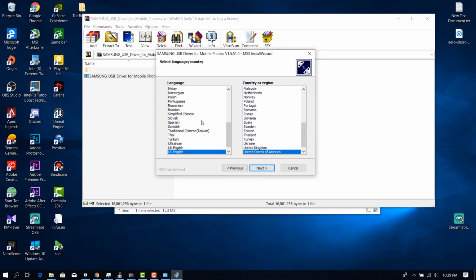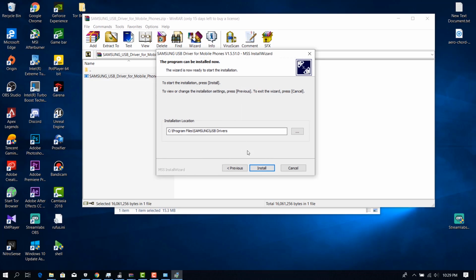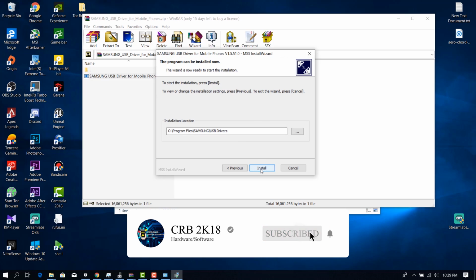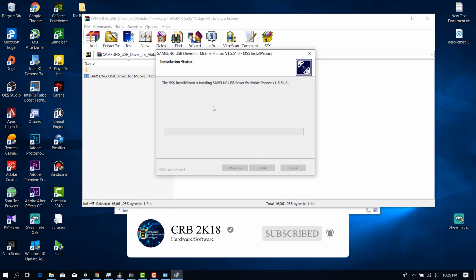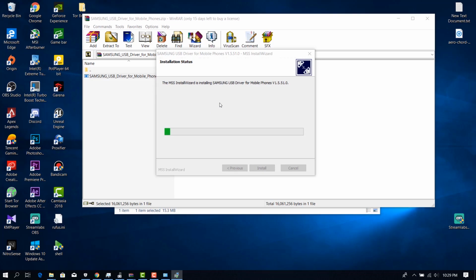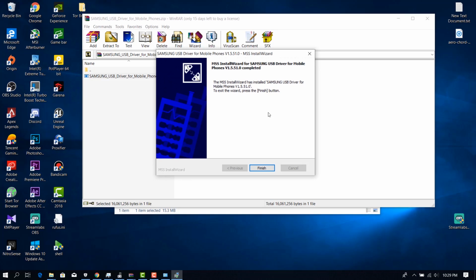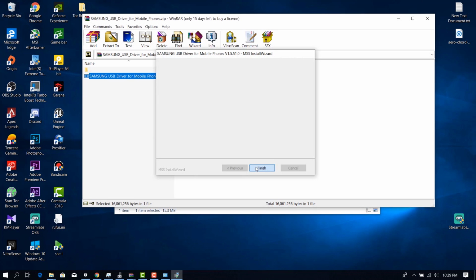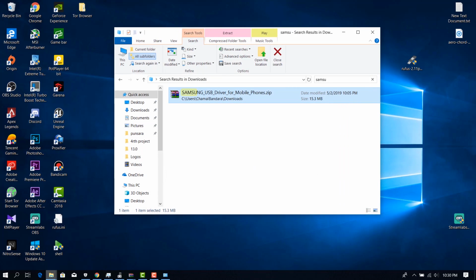First you can click the next button and select your language and region. Then next, and for the installation location, you can put your device wherever you like, and install, and automatically disconnect your device from your PC. And click finish and go to your device manager